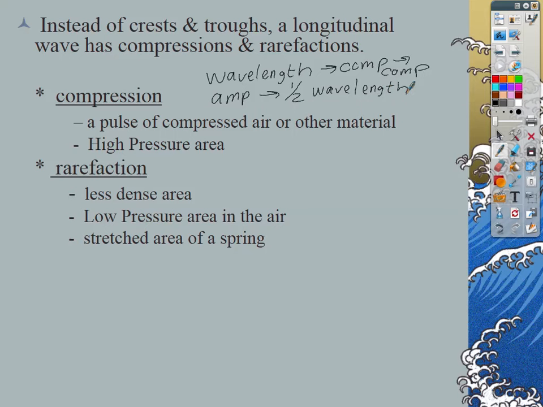Half a wavelength. The reason we say that is if we go back to the transverse wave, the distance from the crest to the trough, as we just talked about, is not amplitude. But if I take half of that, I am at the equilibrium point for that particular wave. So if you ever need to find the amplitude of a compressional longitudinal wave, it's half of the wavelength itself.